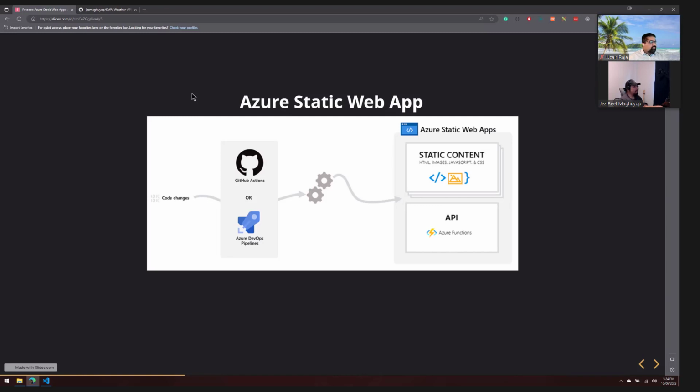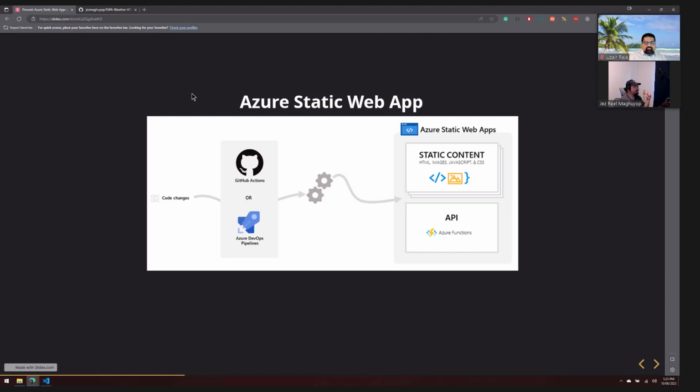It has many built-in features designed to make our development life easier, especially for someone like me who really isn't that knowledgeable in DevOps. But as much as possible, I want to use pipelines and actions to deploy my code. So yeah, Static Web Apps really fits my needs most of the time, because I usually do Angular. And then, like I said, I also want to take advantage of GitHub Actions or Azure pipelines to do CI/CD. So, Static Web Apps was